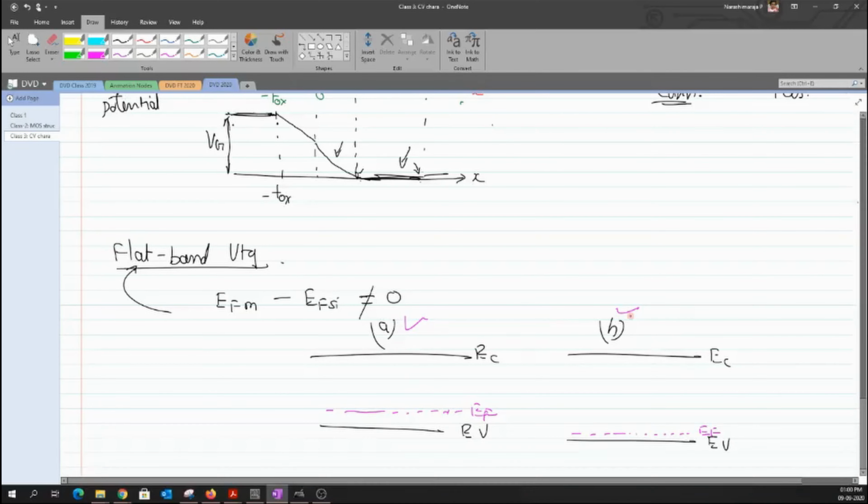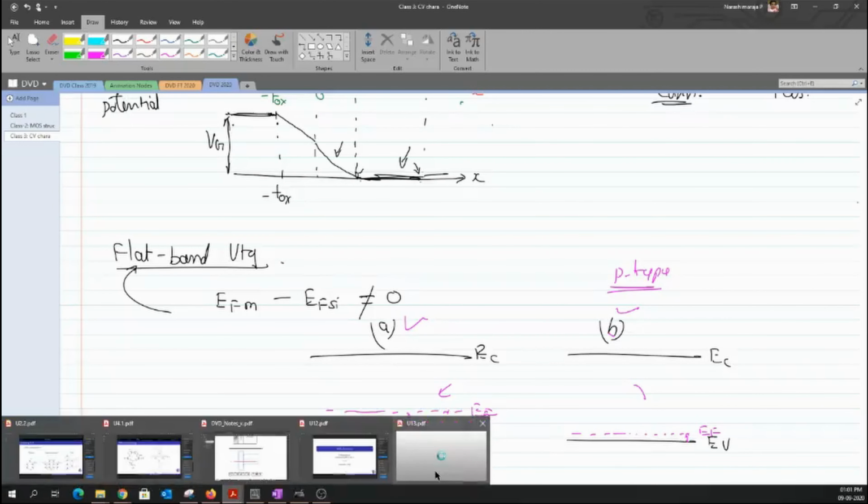Okay, B. Yeah. So as you could see, the higher concentration of majority carriers can be read by measuring the difference between the Fermi level and the valence band. Okay. In the case of a p-type, I'm talking. Okay. In the case of an n-type, you measure the difference between the Fermi level and the conduction band. But in the case of a p-type, you measure the difference between the valence band and the Fermi level. So whereas in this, the difference is higher, means that I have low concentration of holes compared to this layer. Okay.